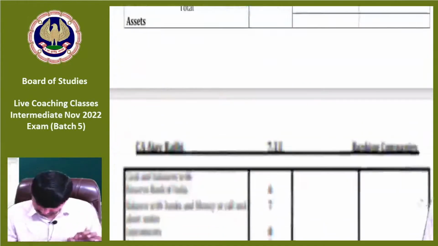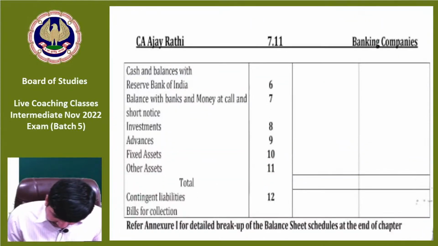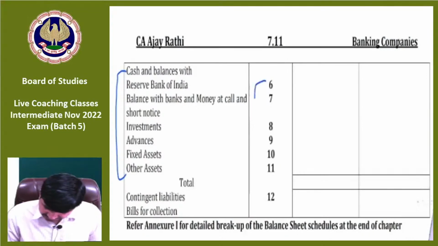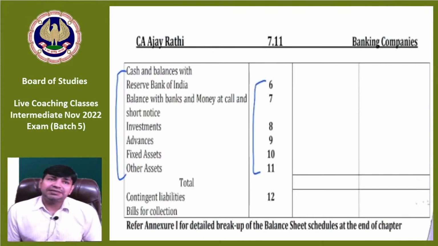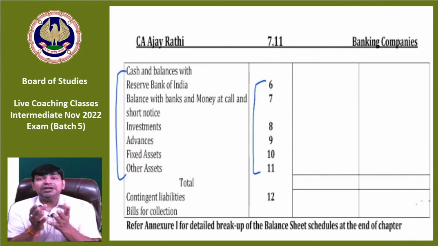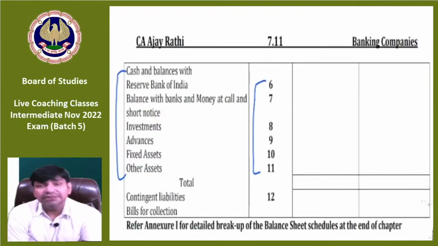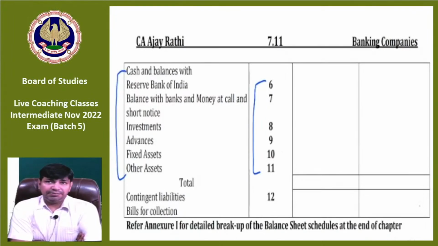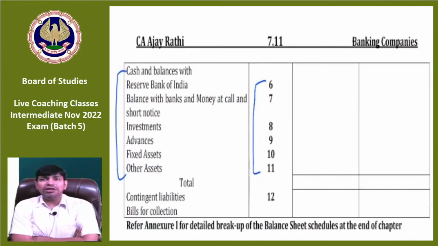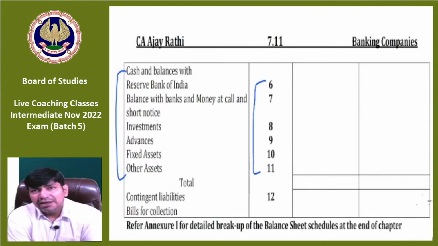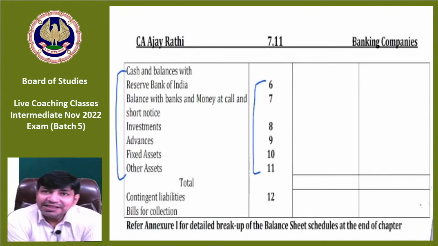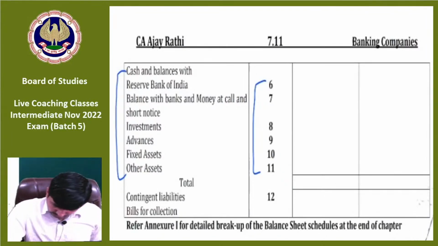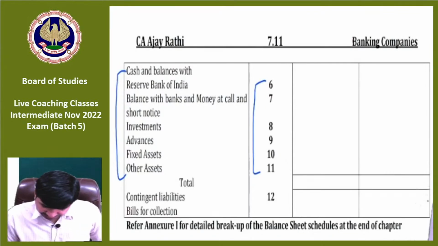Next six numbers have been assigned for the asset side, and here the liquidity order is maintained. You have heard about the permanence order, liquidity order and marshalling theory in the foundation. The bank maintains the asset side in the liquidity order. First, the liquid assets are maintained: cash, bank balance with RBI, with banks, money at call and short notice,